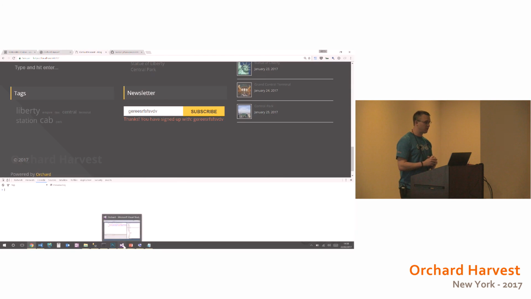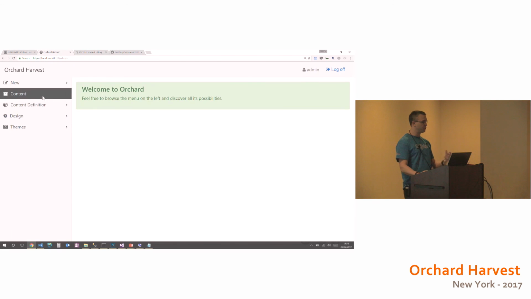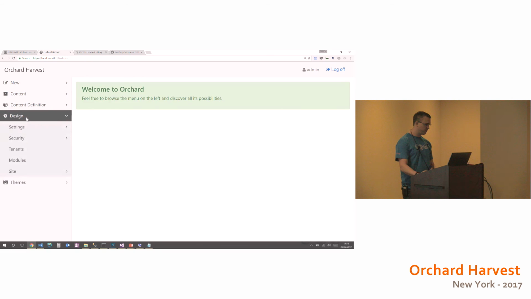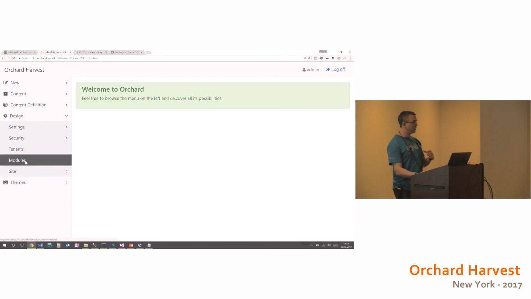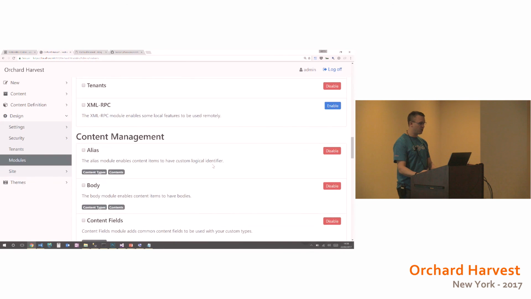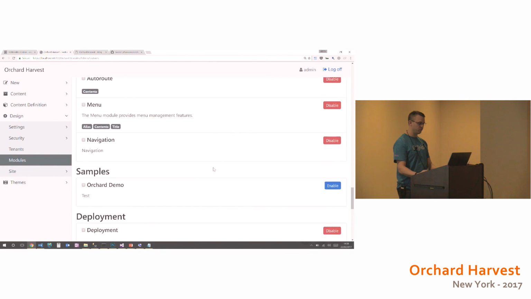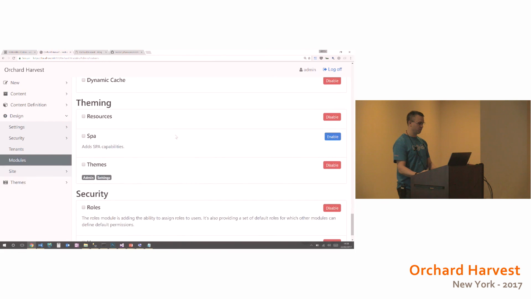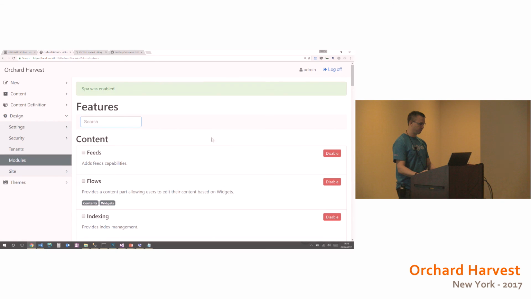But what we need to do is now enable this module that allows us to use this Webpack middleware. So within here, I've created a little module that actually just wraps the SPA services that Steve Sanderson wrote. I'm just going to enable that. Okay. If we was to refresh,